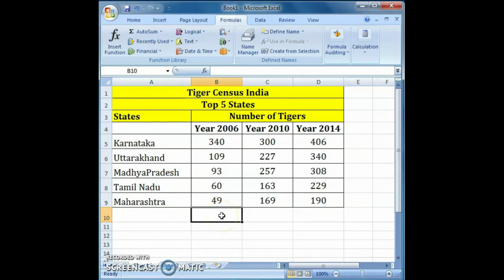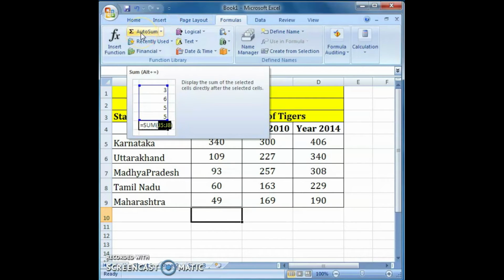This one is the B10 cell. First, select the cell B10. Click on the AutoSum function in the editing group on the home tab, or click on the AutoSum option in the function library group on the formulas tab. Anyone. Here in the formulas tab we can see the AutoSum option. Click on that.